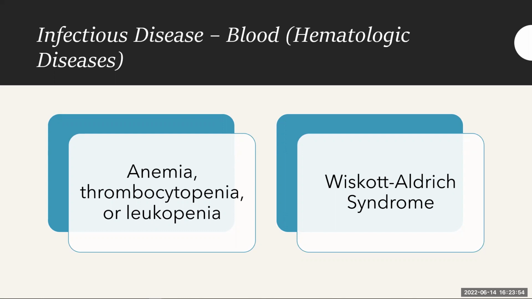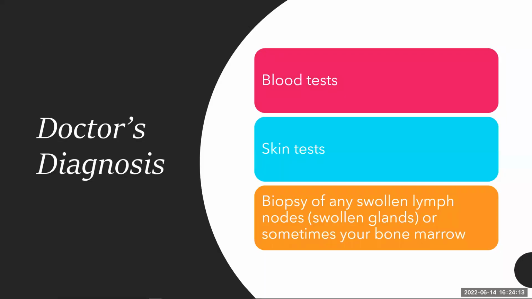For example, the Wiskott-Aldrich syndrome is characterized by variable defects in both B and T lymphocyte function. So these patients also have intrinsic abnormalities of their platelets, which result in small irregular platelets being seen when a blood test is done. And speaking about blood tests, this is one of the ways in terms of the doctor's diagnosis, how it is actually revealed that the person does indeed have this ailment. Let's have a look at it in a little more detail.